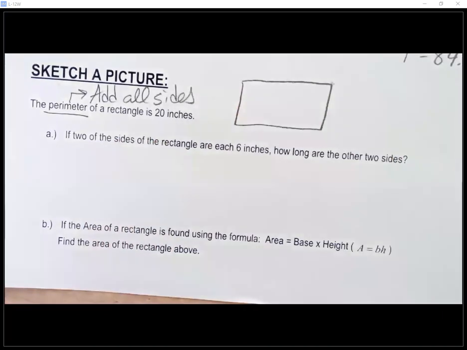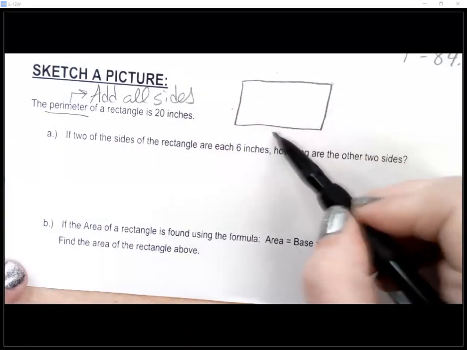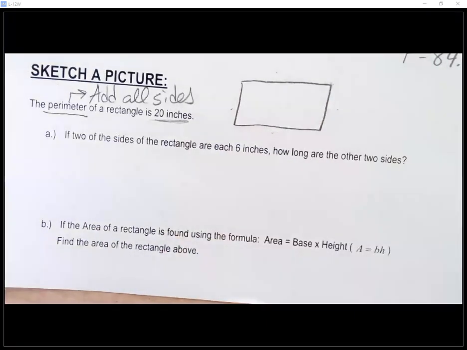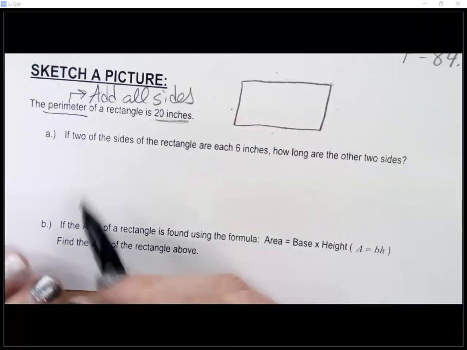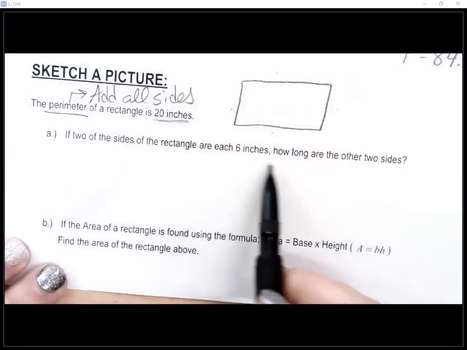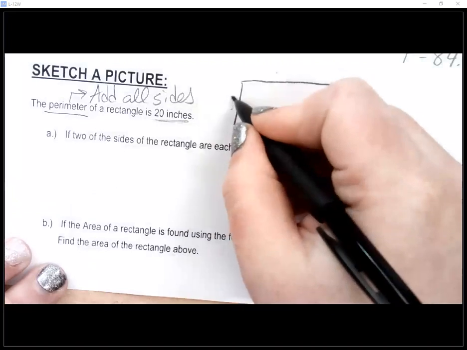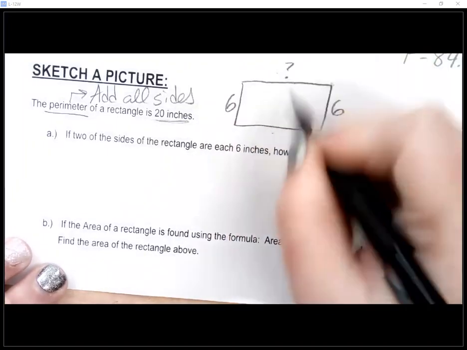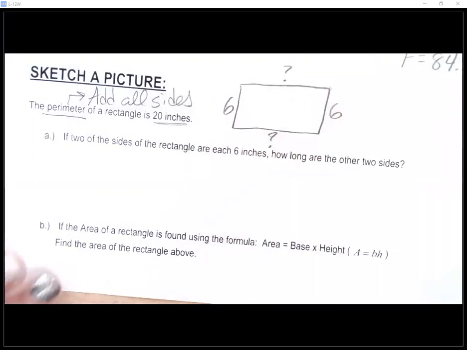So they're telling me if you add all 4 of these sides together, you get 20. It says in part A, if 2 of the sides of the rectangle are each 6 inches. So this is 6 and this is 6. The question is, how long are these? If I know that they all have to add up to be 20,